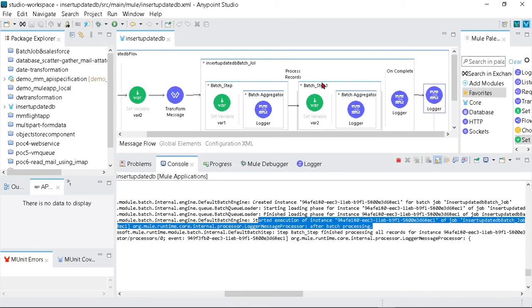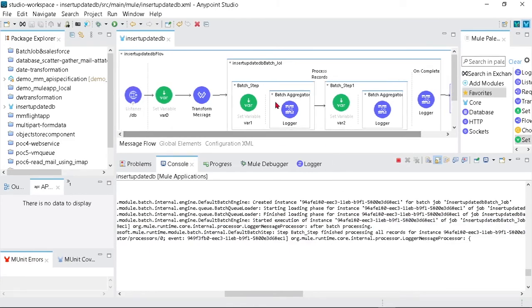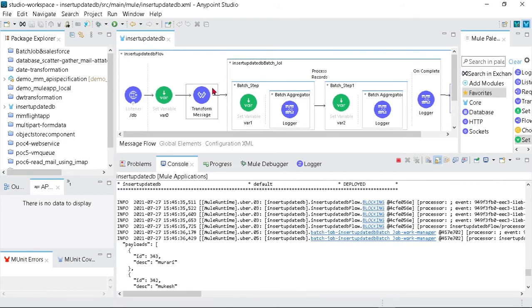Okay, before this processing. After that, what happened? This batch processing has run. We have 4 records, so it has checked them one by one. In the aggregator, the successful records for this step: first it checked the condition and 2 records became successful, and after that the processor part has run. That means the variable part has run, and after that this batch aggregator ran. So we found that 2 records were successful.